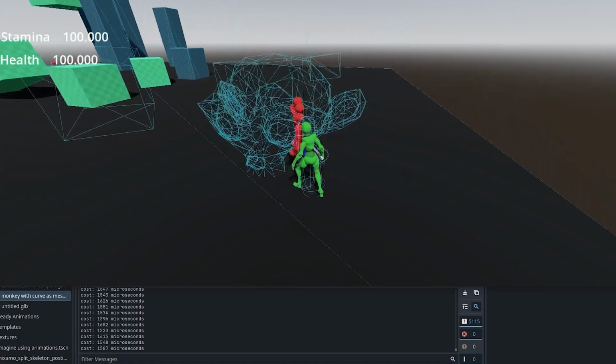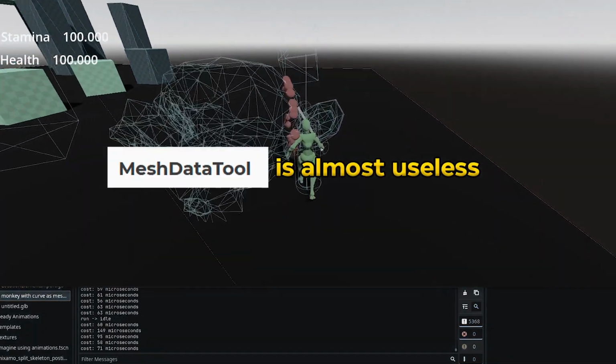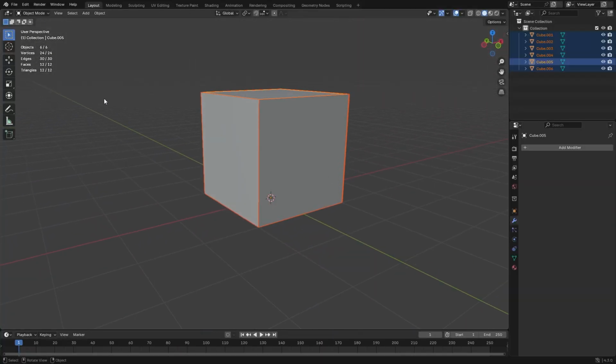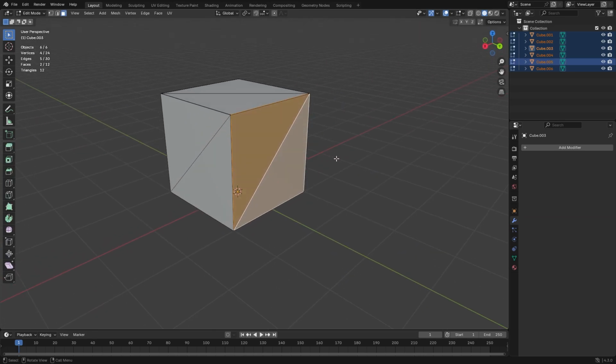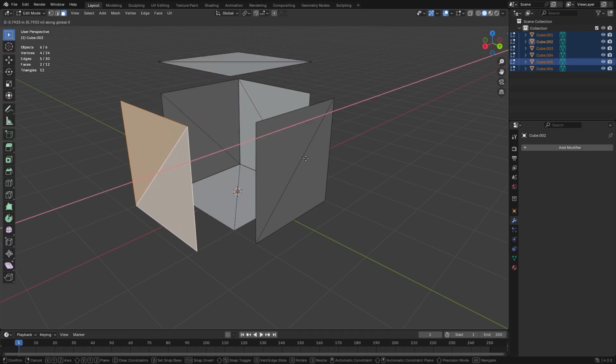To be real, the first approach didn't work at all. Mesh Data Tool can't be used to solve our problem. The reason is, when you open a 3D mesh for the first time, you would be surprised to know that it has much more faces, edges and vertices than you thought. For faces I knew it, because everything is triangulated, but edges and vertices gave me a big surprise.